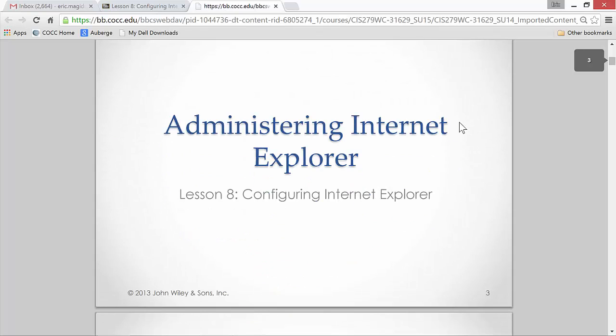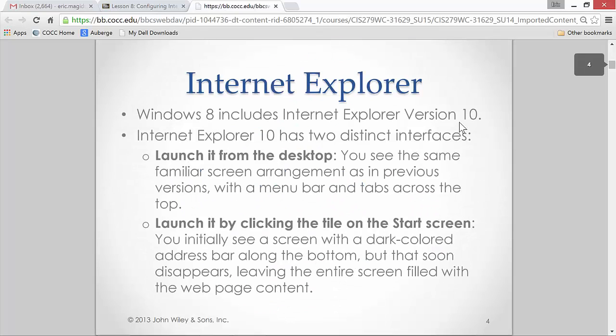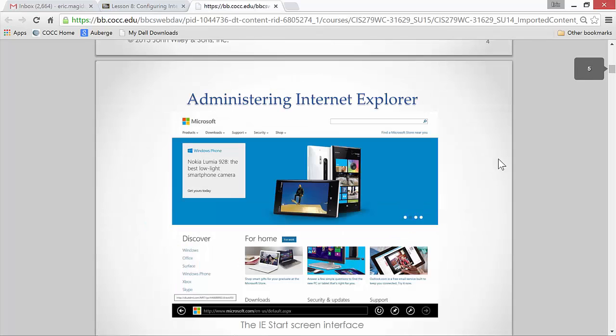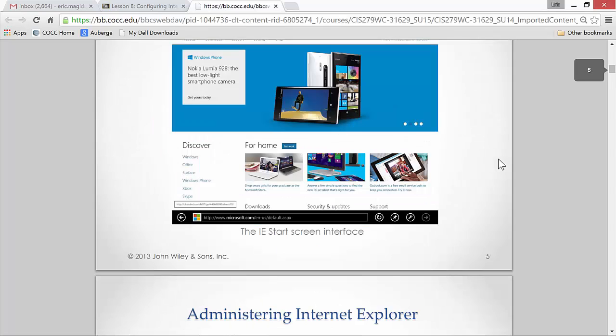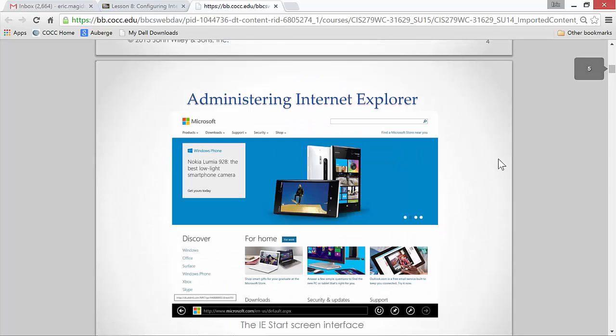So, first of all, administering or configuring Internet Explorer, we have a ton of great features. I'll do a sideline video. Within group policy, you can also just simply Google group policy in Internet Explorer. You'll find some great features. So we're talking Windows 10 here because it was part of 8. But certainly 11 is out. You'll find the same similarities. You'll launch it from the desktop. Remember, we got a new interface that we're dealing with,